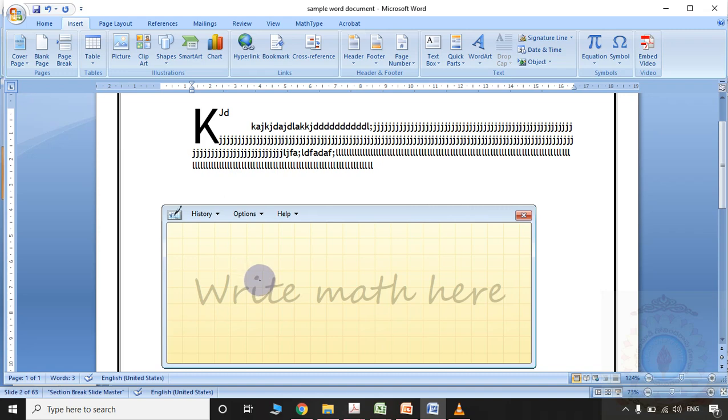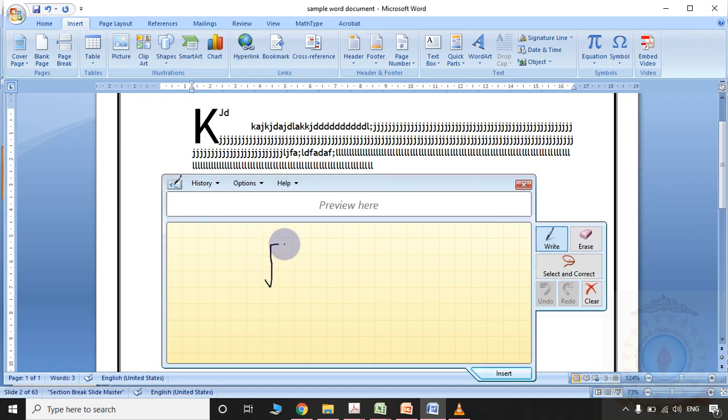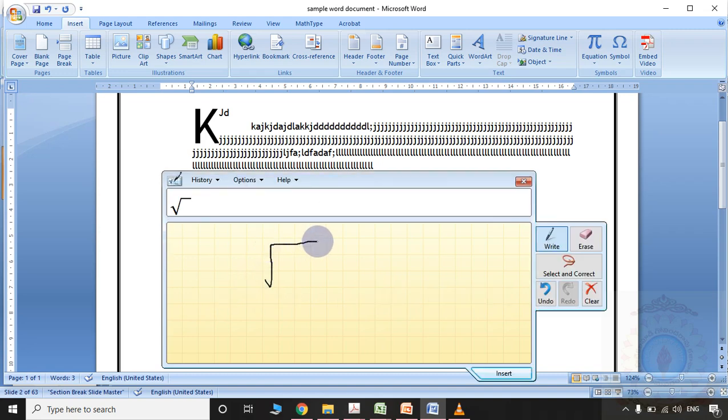Here I want to write something like square root. With the help of my mouse, I am writing the square root symbol. Simply here in this particular box, the square root symbol is appearing. If I want to erase, the eraser option is here.